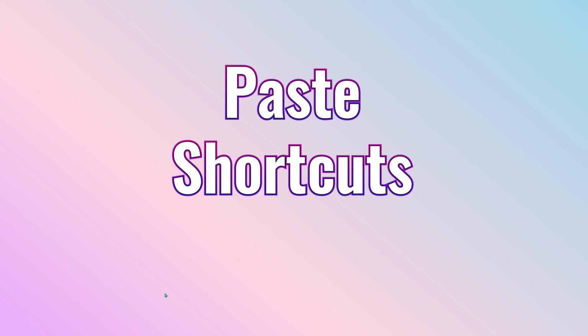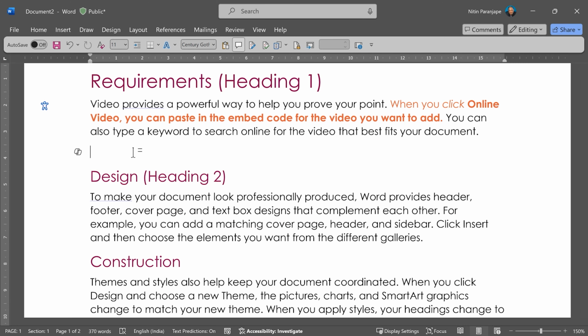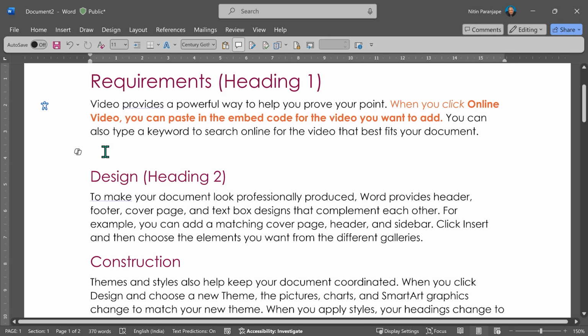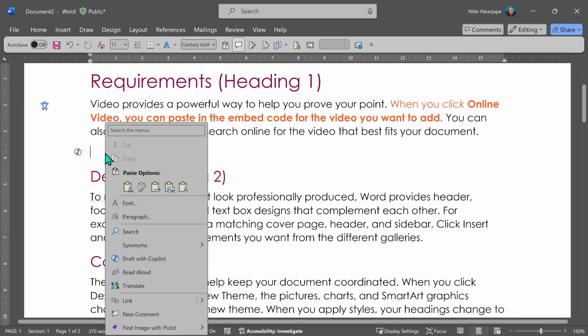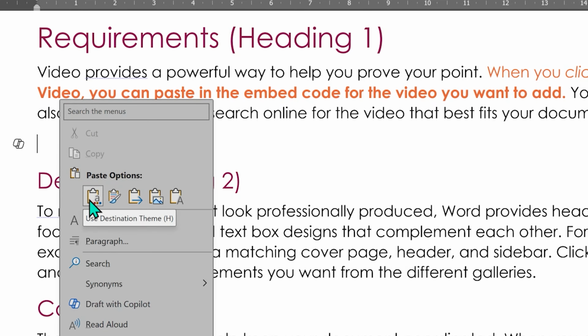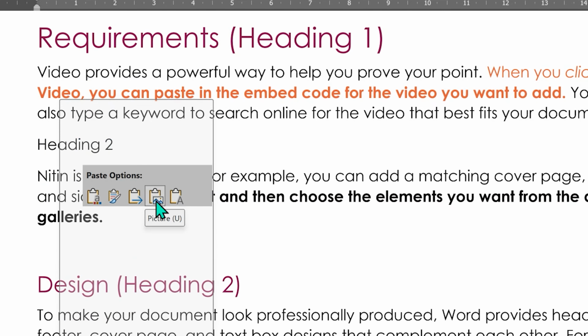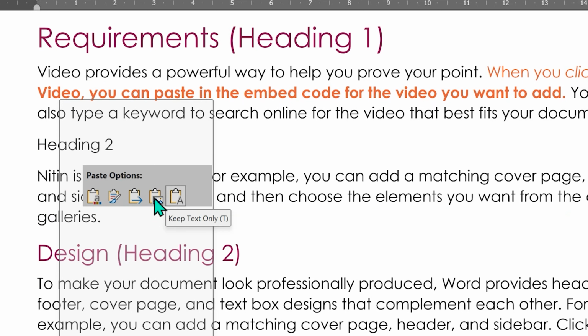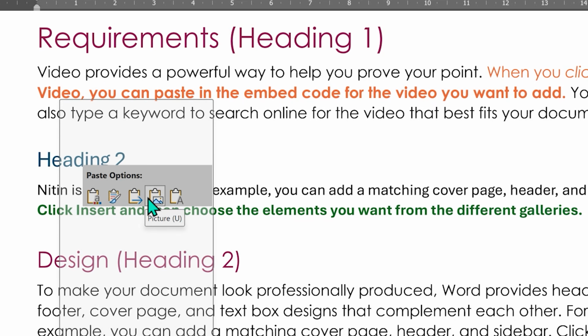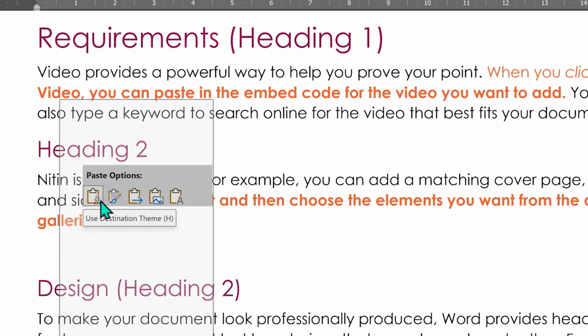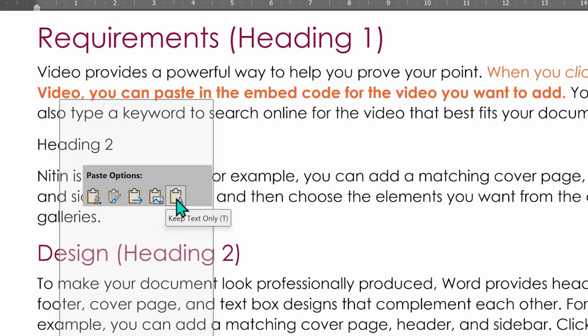Now that you have understood different types of paste, how do you paste efficiently? Well, there is a mouse way and there is a keyboard method. Don't paste first. Go to the place where you want to paste it and right click. Now it will show you all the paste options, and then while you hover on it, it will actually illustrate. If you click here, this is what will happen. If you click here, this is what will happen. So it's like a visual what if analysis. And then you choose exactly what you want.